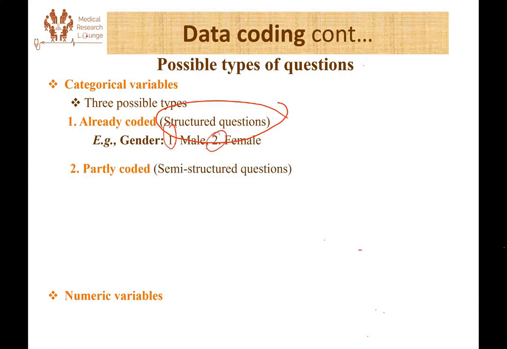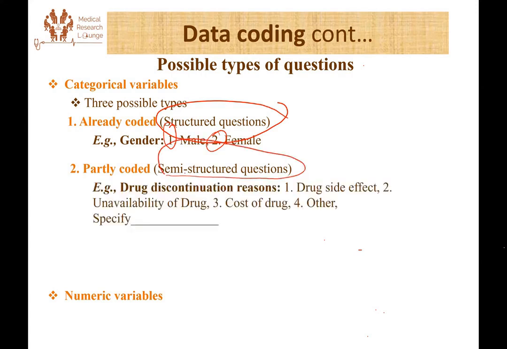The other is partly coded questions, which is when we're using semi-structured questions. For example, if we're studying drug adherence of some chronic illness, and if we're asking drug discontinuation reasons, we can have these options from what we have observed and from what we believe could be frequent responses. We can design this, and I mean, we can say drug side effect, unavailability of the drug, cost of the drug. We're comfortable that these three factors are potential factors from what we have observed so far, but it's always